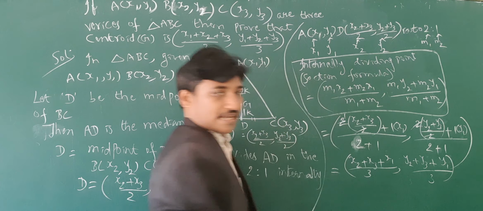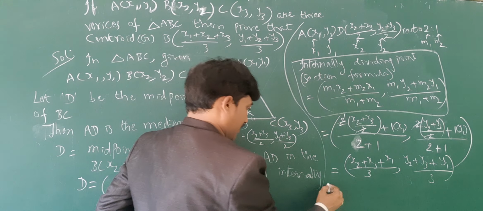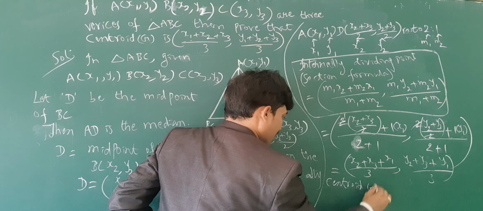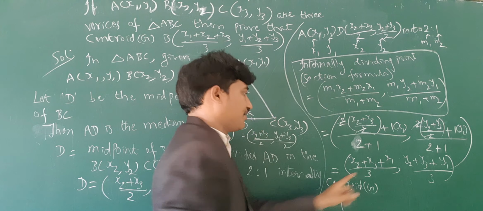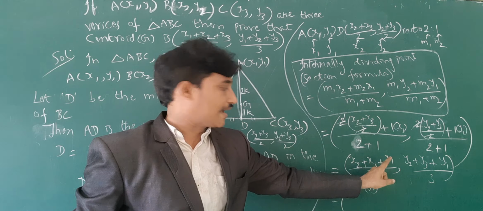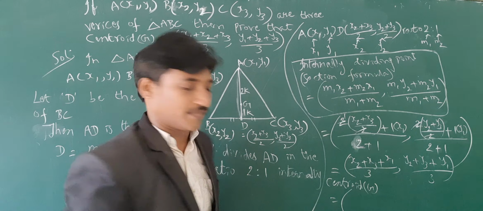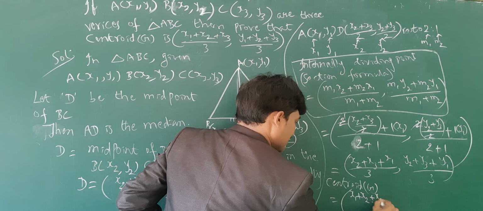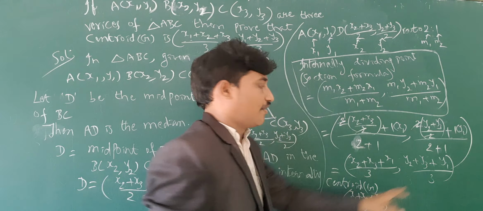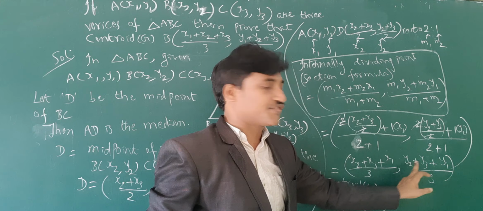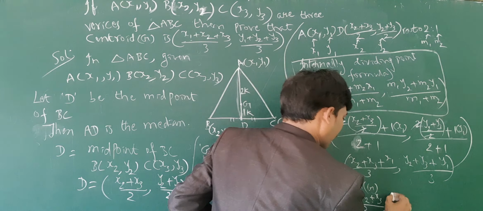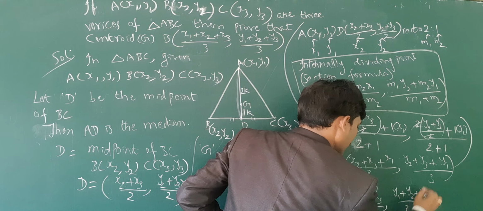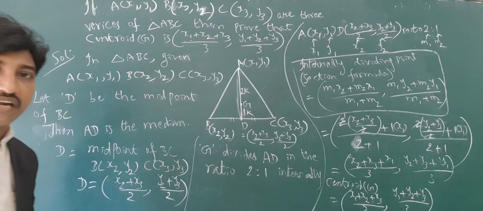So we got the centroid formula. Centroid Z is equal to, writing these in order, (x1 plus x2 plus x3) by 3, (y1 plus y2 plus y3) by 3. There is a formula for centroid of a